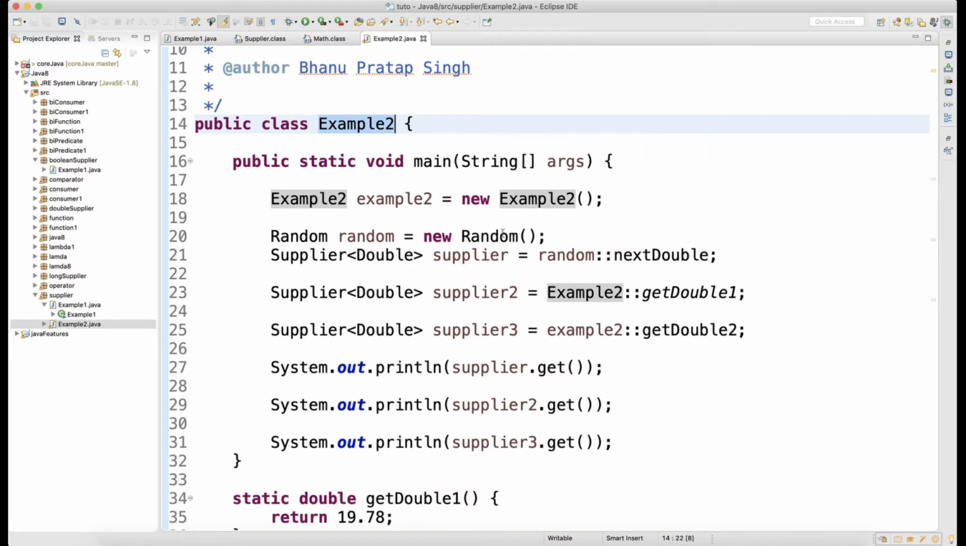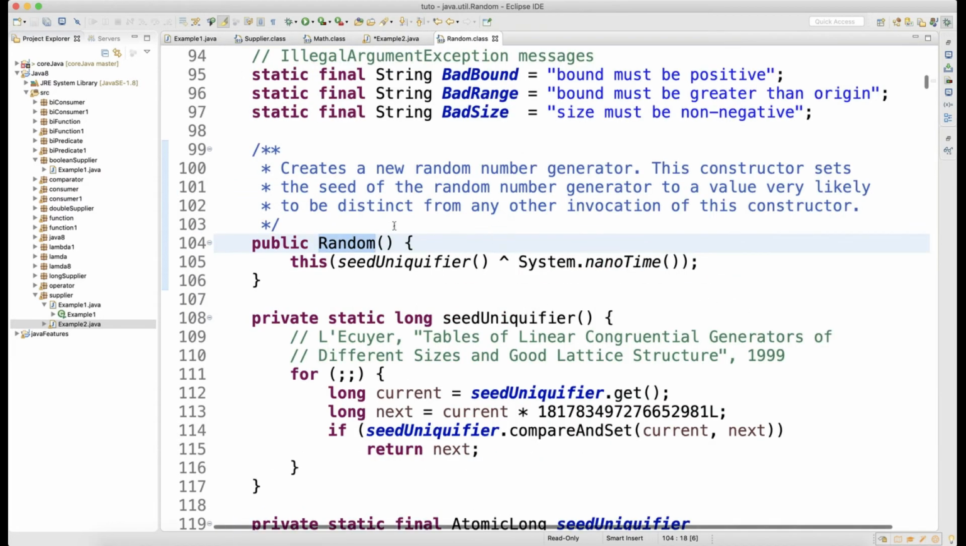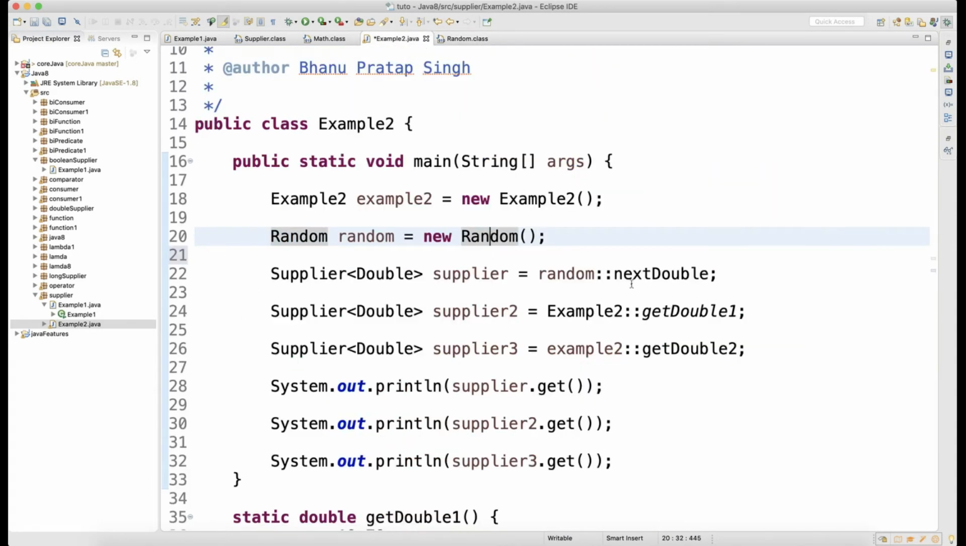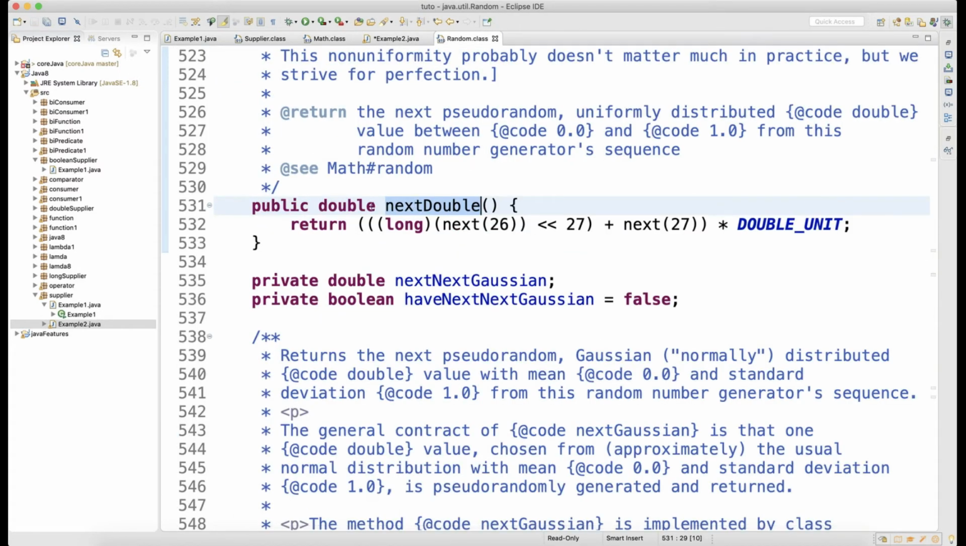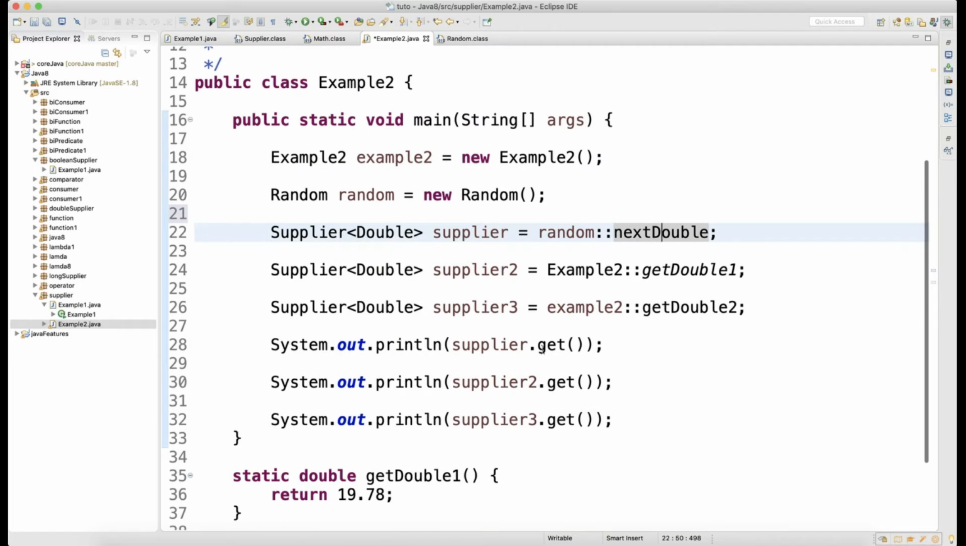First, I have created the object of this class, and you know that in Java, Random is a class, right? See, Random is the class. This Random has a method called nextDouble. So what is the type of nextDouble? Which kind of method is this? Is it static or non-static? This is non-static because the static keyword is not there, right? So this is non-static. If I have to call this method, I can use the concept of method reference